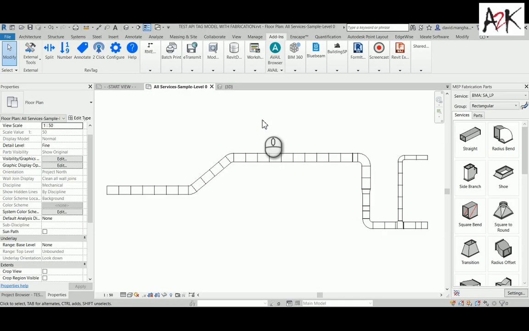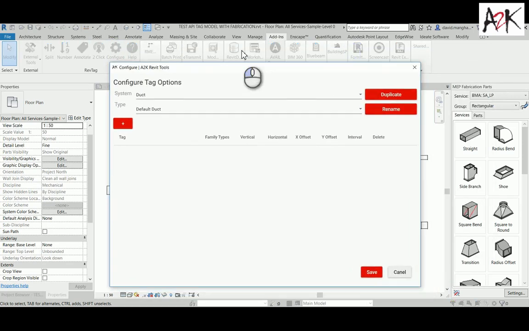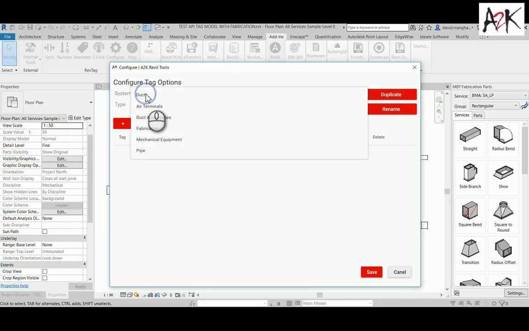So in this video we're going to quickly run through the A2K RevTAG tools configuration interface. This is the configurator interface that we can fire up from the ribbon, and the first thing to note is that in the top drop down here we have a number of options that you can configure tags for,